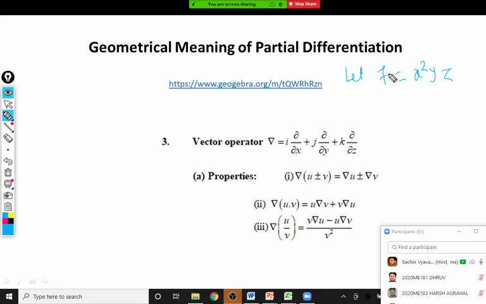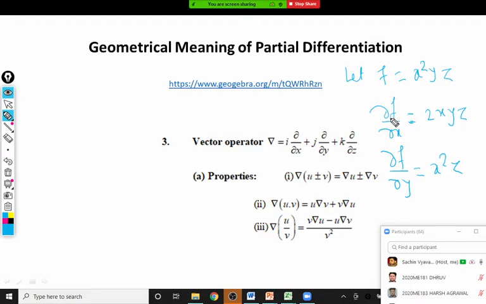One of the first important things is, if we want the derivative of this function f along the x-axis, we say that is dou f by dou x. This is known as the derivative of the function f along the x-axis, and you will get 2xyz. Similarly, if you want the derivative of this function f along the y-axis, we say dou f by dou y, and we get x square z. And the same thing we can get for dou f by dou z also, like x square y.